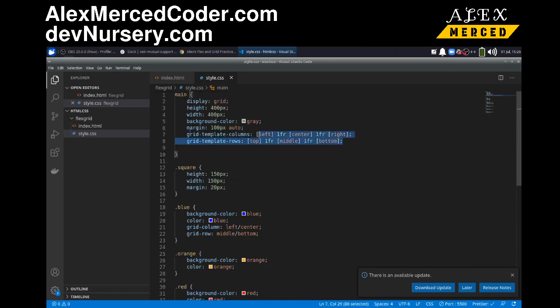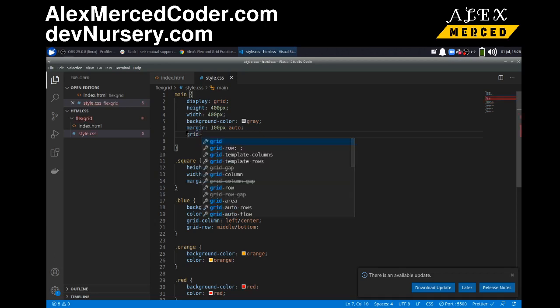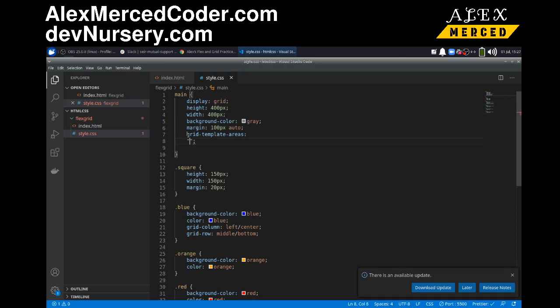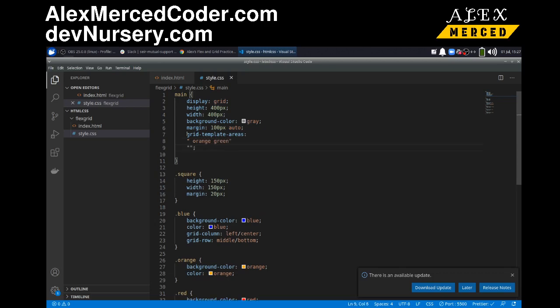Okay, so let's get rid of all this. So now it's going to be grid template areas. Now this is pretty awesome. What you do here is you just put in quotation marks a word that represents each area. So let's say I want the orange block first, then I want green. That's the first row. And then in the second row, I want,